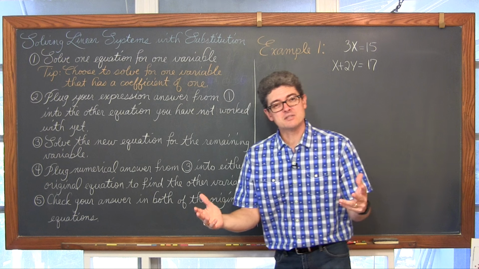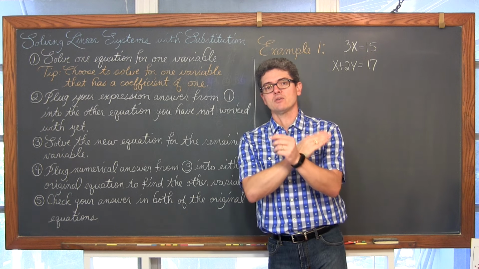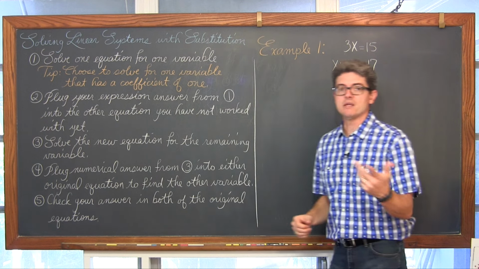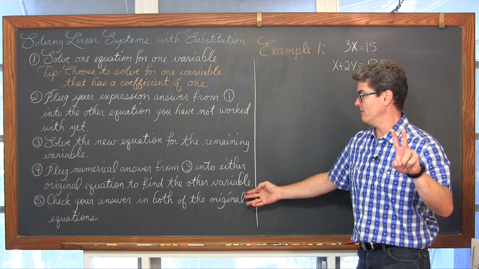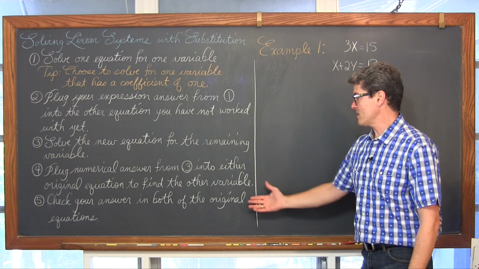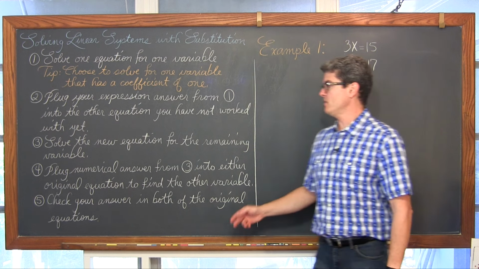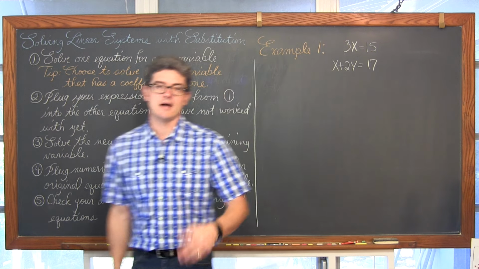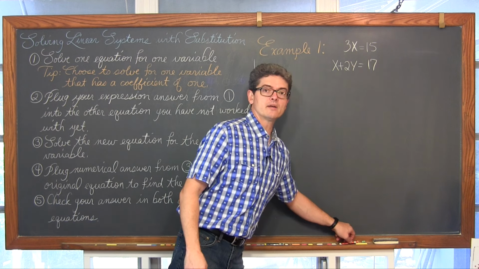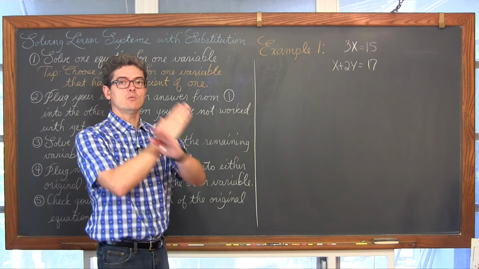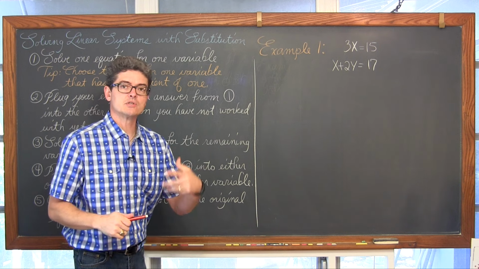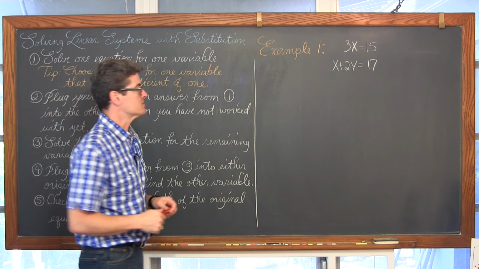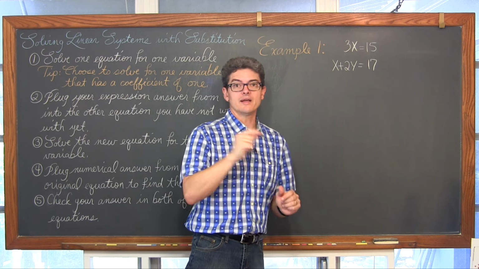We don't have to necessarily use the variables x and y, but we are looking for an xy coordinate basically on the Cartesian plane where the two lines cross. Thus you need 2 numerical values. And then finally, step 5: check the answer that you get in both of the original equations. We talked about that when we were solving systems by graphing. We're looking for, again, where two lines cross, so that point needs to be a solution or be on both of those lines, not just one of them.